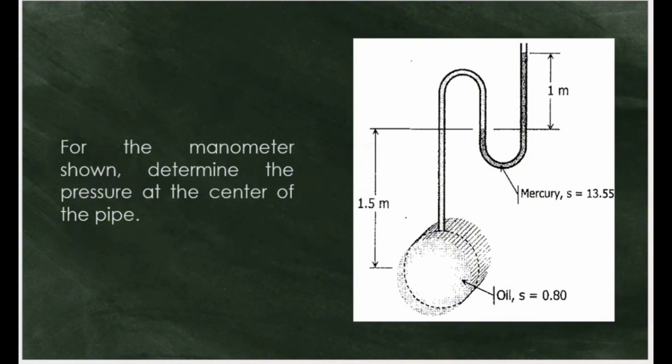Here, everything is given: our distances and our specific gravities. For mercury, we have a specific gravity or relative density of 13.5. Then for the oil, we have 0.8 as the density or specific gravity. So, we could look into this